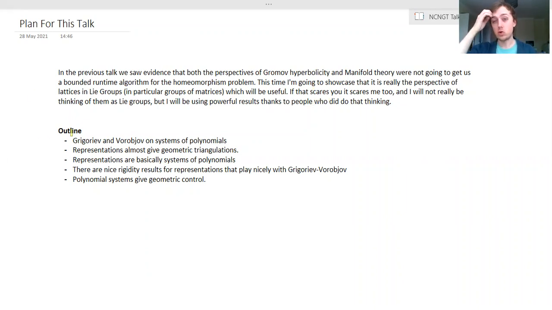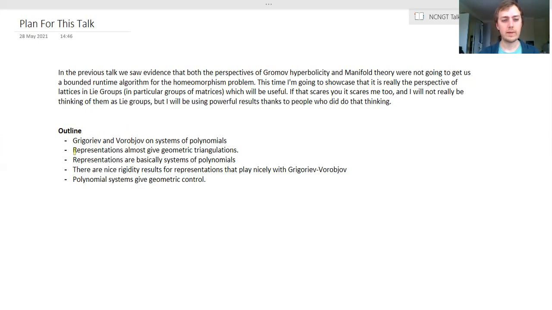So the outline of what we're going to talk about today is a result by Grigoriev and Vorobyov that tells you that if you have a system of polynomials, then you can find solutions to that system of polynomials which are bounded as a function of the size of the system. Okay, so alone it doesn't seem particularly relevant, but what we're going to see is that these geometric triangulations that